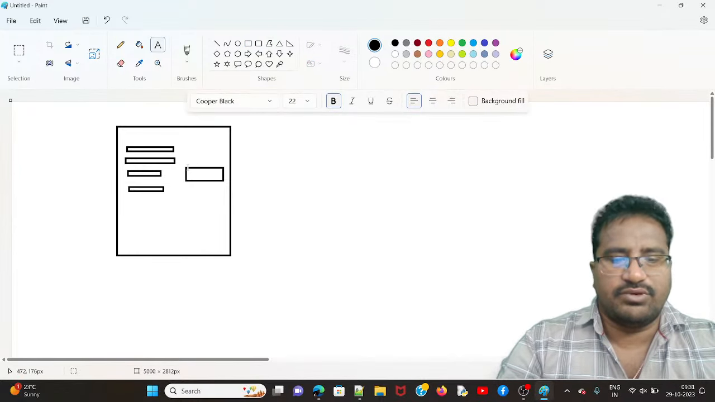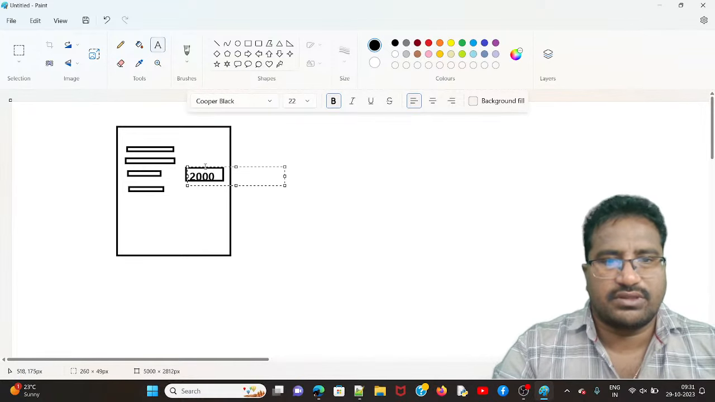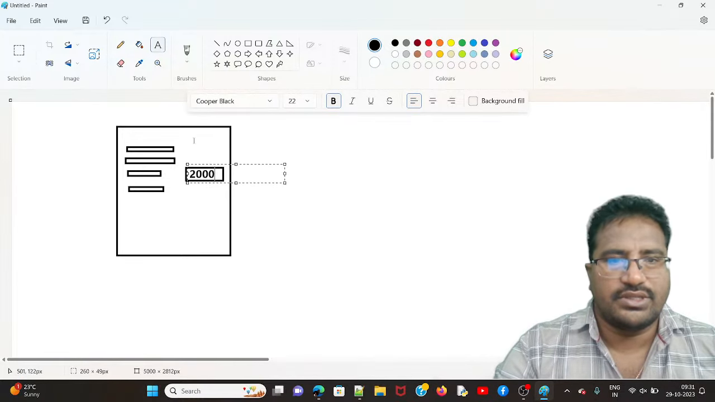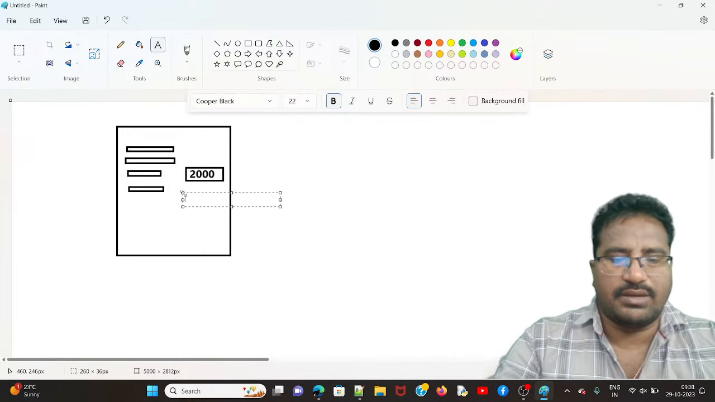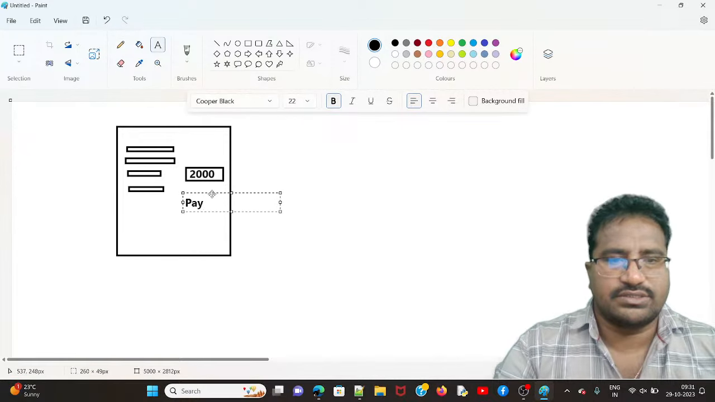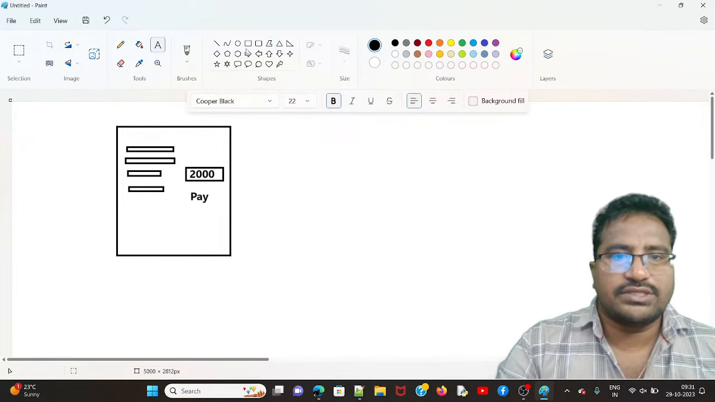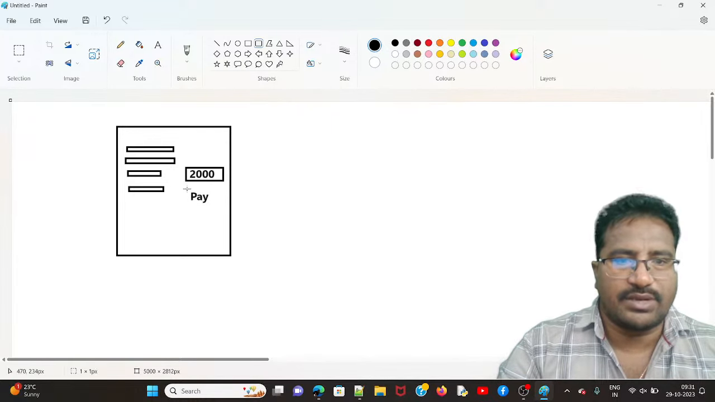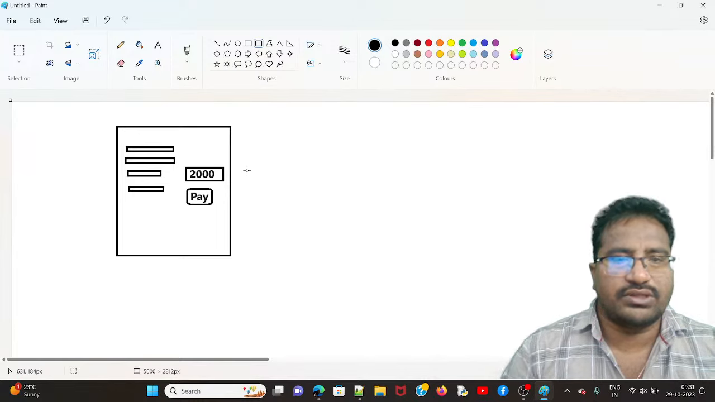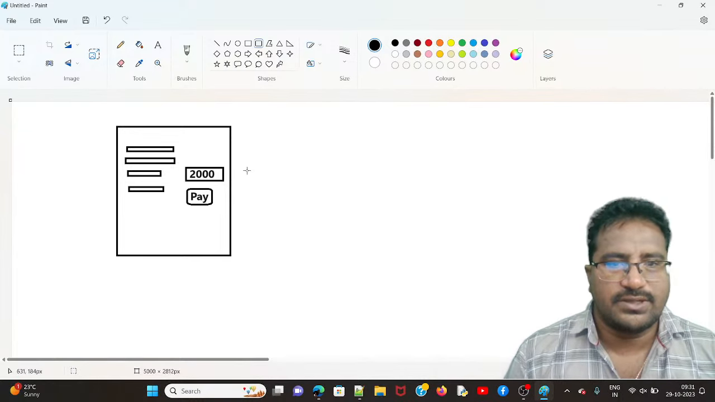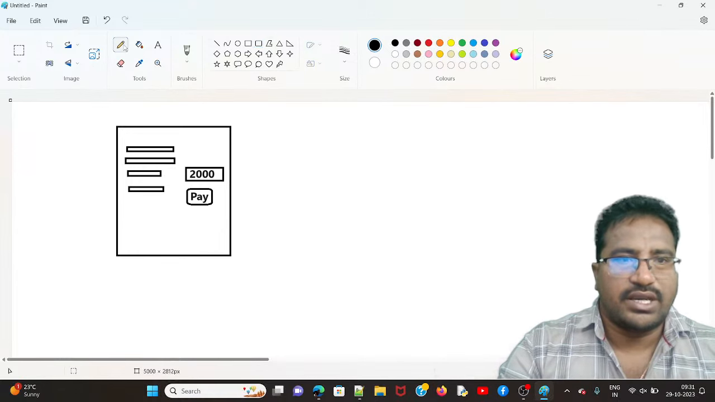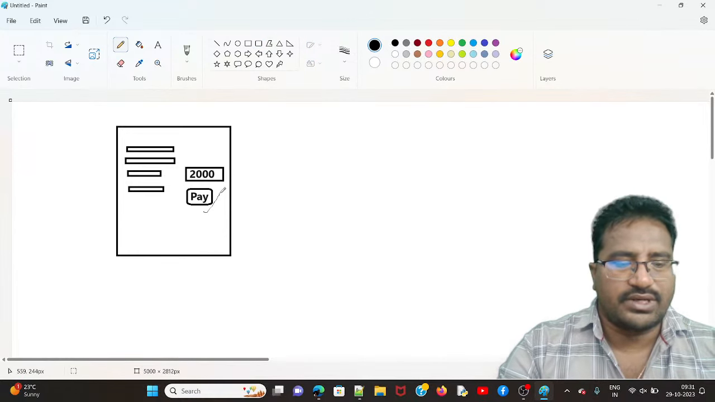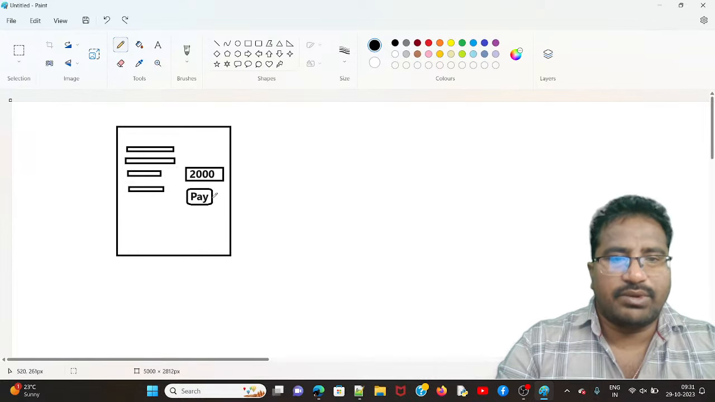The payment, for example, let's take 2000 rupees, guys. Then we click the payment option, like the pay option or book the tickets. Whenever we are doing online payment, not only booking train tickets, but a movie ticket also, or whatever it is, at the end we do the payment, right? So when you click the payment button, then